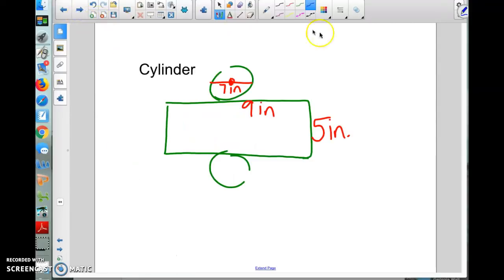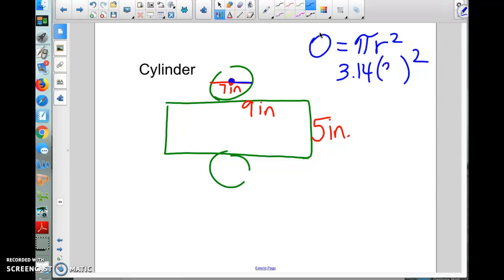And it's going to be a cylinder. So remember, circles are different. Circle area formula is pi r squared, and a cylinder has two circles. Now they will be the exact same circles, just like in prisms, how they have the same bases. So that will be 3.14, and we need the radius squared. Well, this is the diameter. To get the radius, we would have to half 7, and you will get 3.5. Then we'll do 3.5 to the second power, which is 12.25,